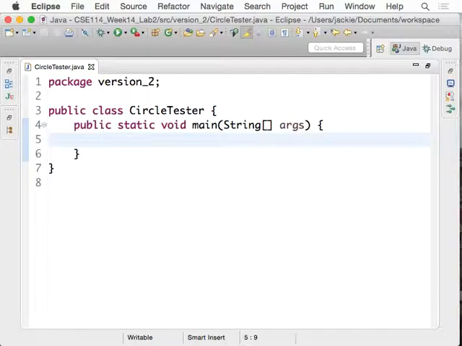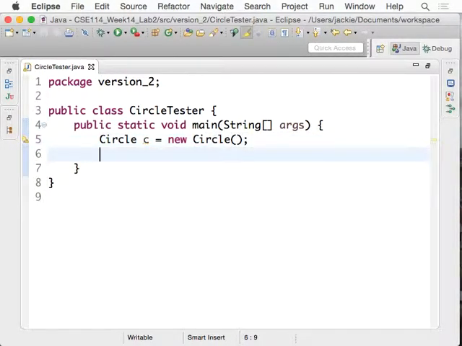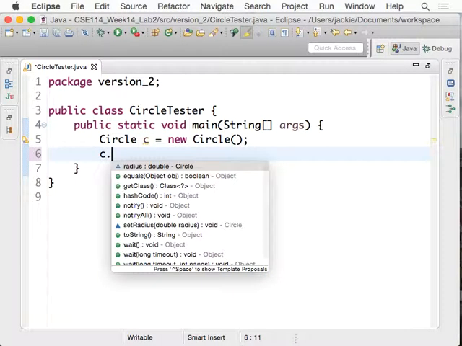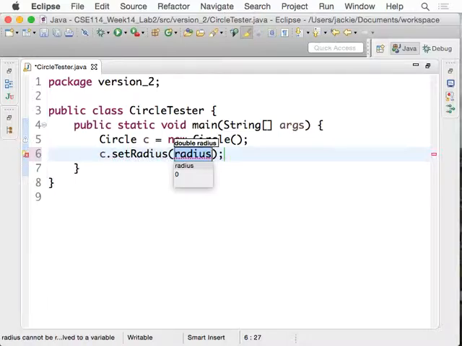When you say Circle c is equal to new Circle here, let's watch the following. When you say c.setRadius, and let's say, for example, -10,